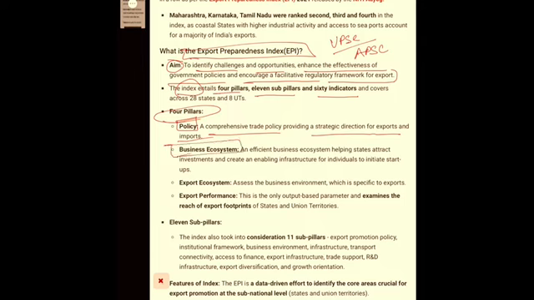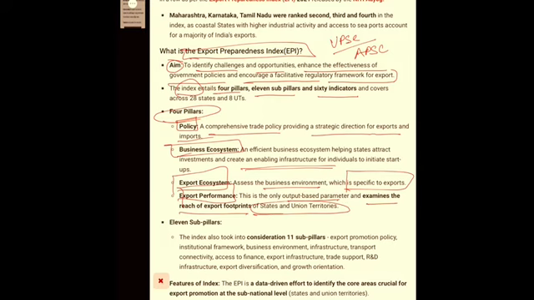Business ecosystem. Business ecosystem is that wherein an efficient business ecosystem helps states attract investments and create an enabling infrastructure for individuals to initiate startups. Export ecosystem is the third pillar. Assess the business environment which is specific to export. Export performance. This is the only output based parameter and examines the reach of export footprints of states and union